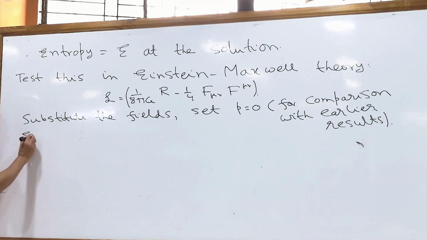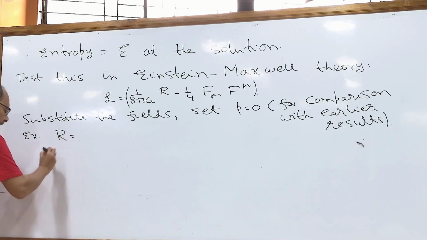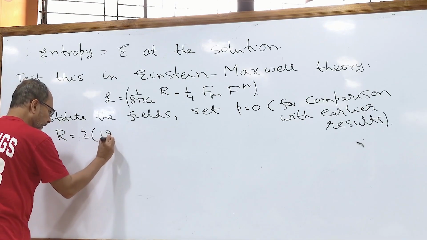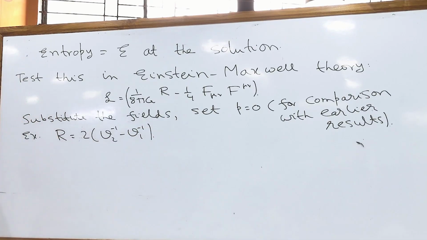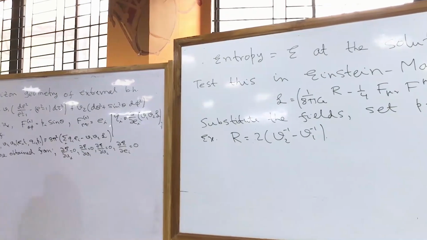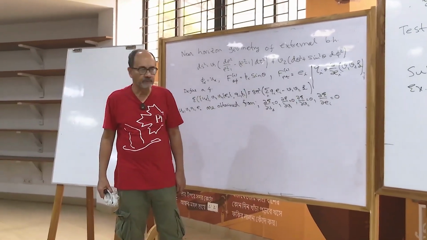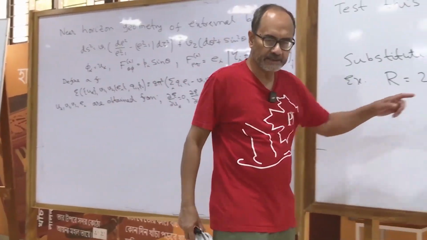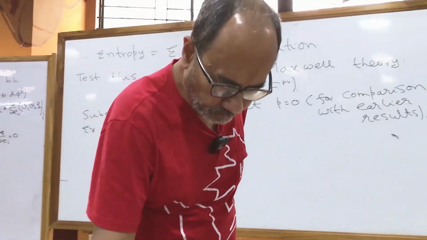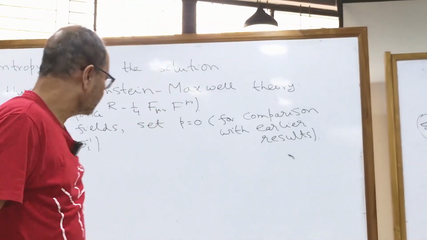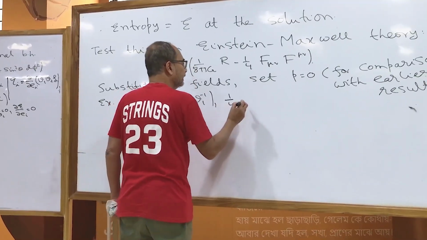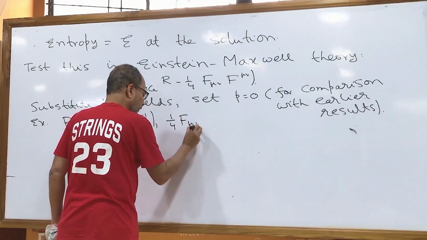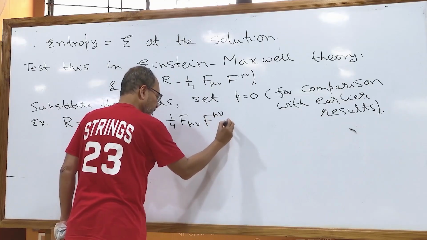So exercise: R is given by 2 v2 inverse minus v1 inverse. You just take this metric, calculate the Riemann tensor, and then from there, the scalar curvature. And R will be given by this. And 1/4 F_mu nu F^mu nu will be given by